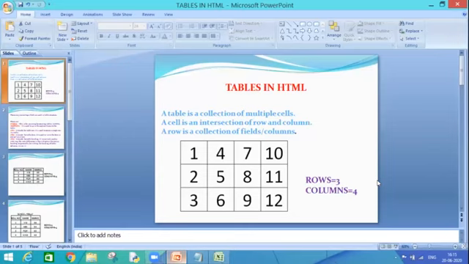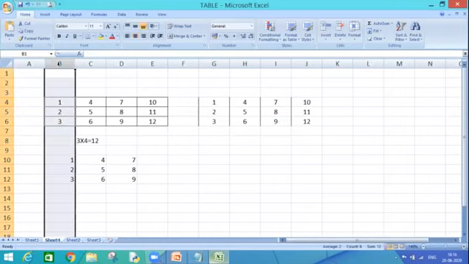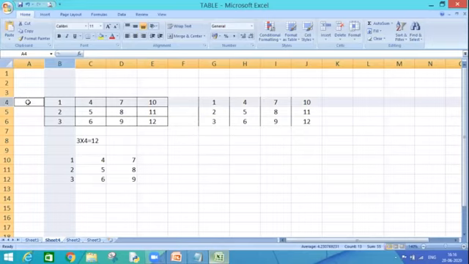As we can see over here, a table is a collection of multiple cells, as we have talked about. A cell is an intersection of a row and column. If I talk about this one value, once I select this cell, a boundary is formed. As you can see, this B column and 4th row have been activated.